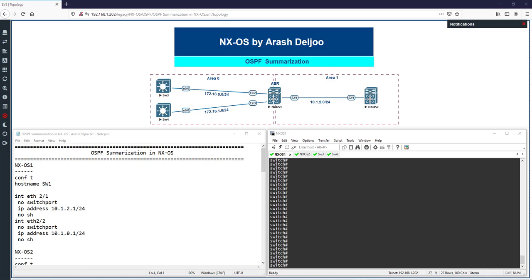First, we should configure this scenario, and after that we can talk about the summarization of OSPF. Look at the scenario. In this scenario, we have ABR, NXOS1 switch, and also NXOS2. NXOS2 is an internal switch, internal area switch, for example, and NXOS1 is the ABR, and also we have two connected networks. And after configuring this scenario, I'm going to show you how we can configure summarization of the OSPF routes in ABR for summarizing these two subnets,